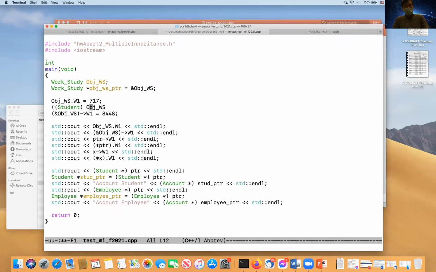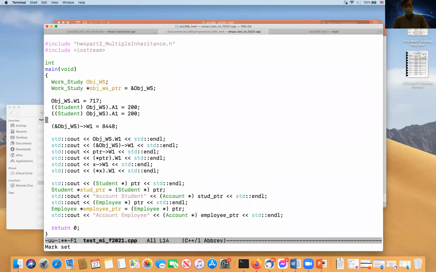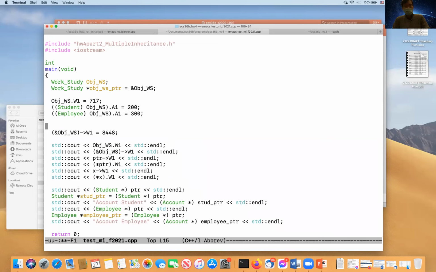I will cast to student, and then I say A1 is equal to 200. Similarly, I can cast to employee because I need to access the account variable, and I will say A1 is 300. So let me put in these 2 lines and get rid of the rest.